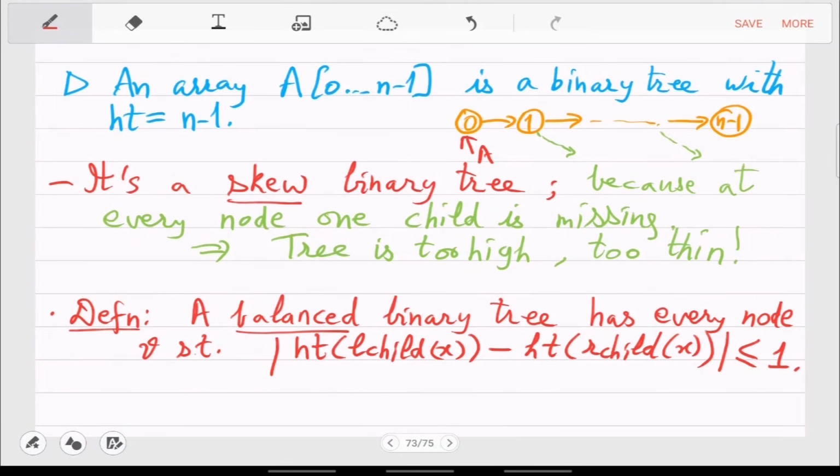Okay? So balanced not in terms of how many children or how big the left or right subtree is, but simply in terms of the height.